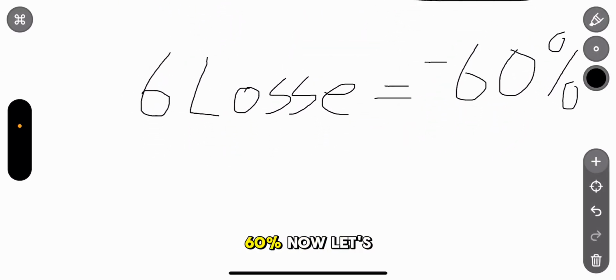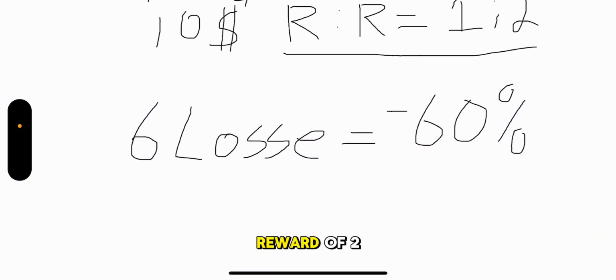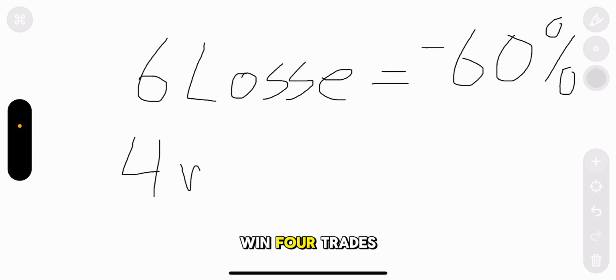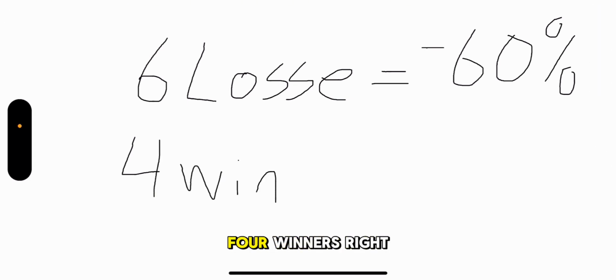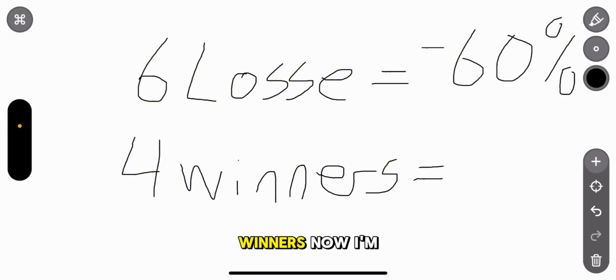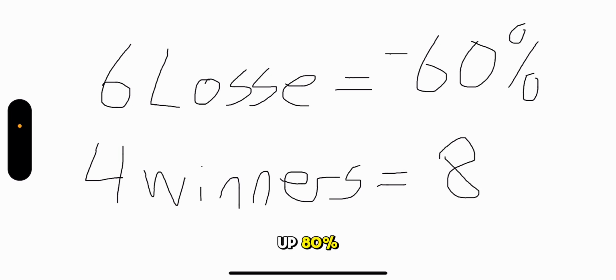I'm down 60%. Now let's say, due to my risk to reward of 2 to 1, let's say I win 4 trades, 4 winners, right? I have 4 winners. Now I'm up 80%,